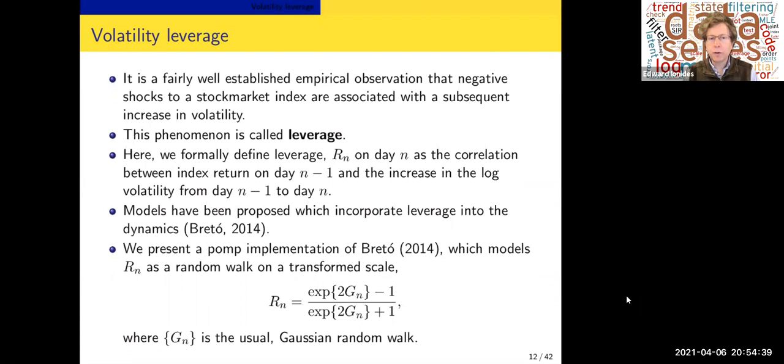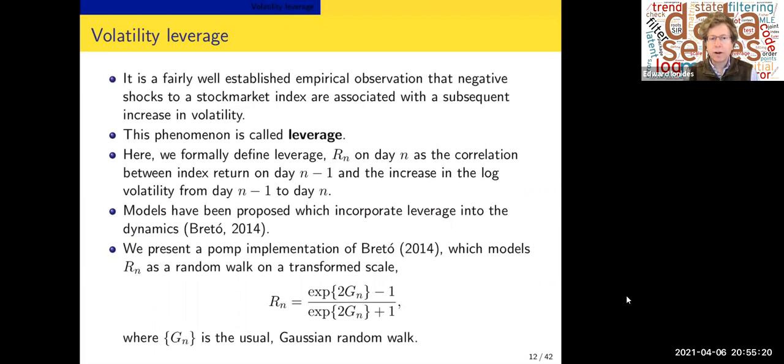And so we're going to formally define leverage, Rn, as the correlation between index return on day n-1 and increase in the log volatility from day n-1 to day n. That could be positive and it could be negative. I guess our claim is that it is a correlation between index and increase. So if the index goes down, the volatility goes up. So we're thinking that Rn is maybe going to be negative, but we'll have to see what the data say